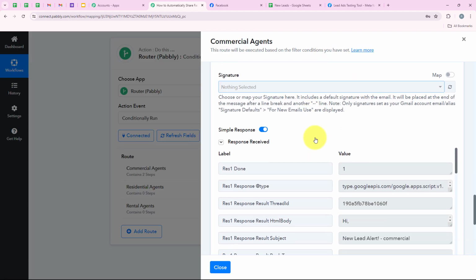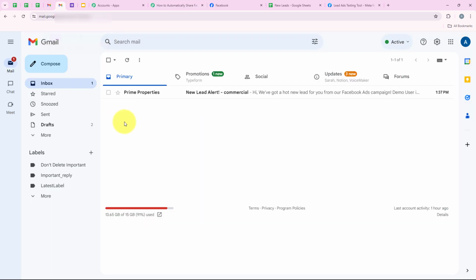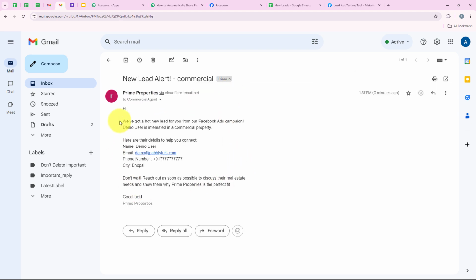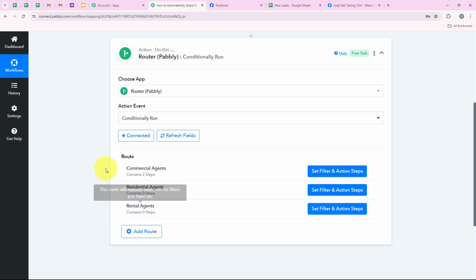request. And yes, you can see that we have received the positive response that we have successfully sent our agent a mail. So I'm going to open my Gmail and check if we have sent the agent the mail or not. So I'm going to open my Gmail, and yes, over here you can see Prime Properties new lead alert commercial. So we are going to open it, and as you can see, hi, we have got a new lead. All the same details. Demo user is interested in commercial property. Over here you can see the name, email, phone number and city. So yes, to completing this, our route is successful, and now we are going to move to another route, which